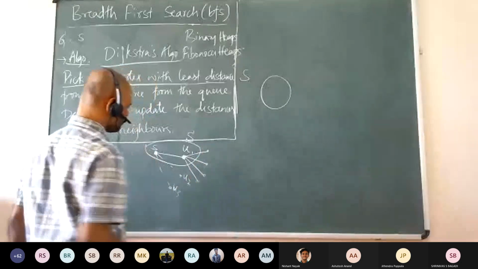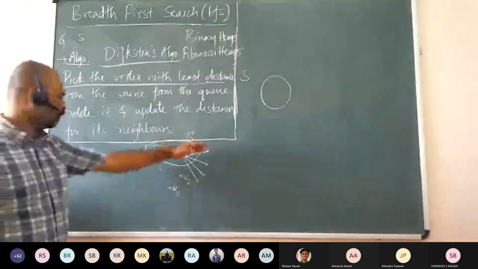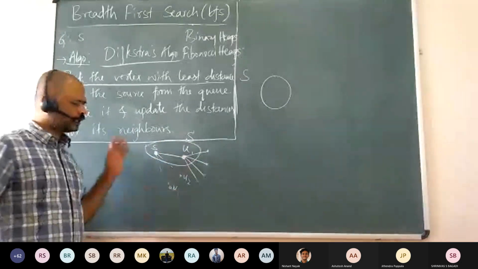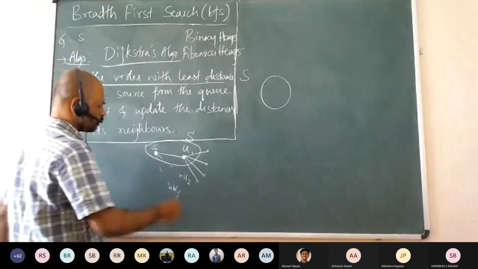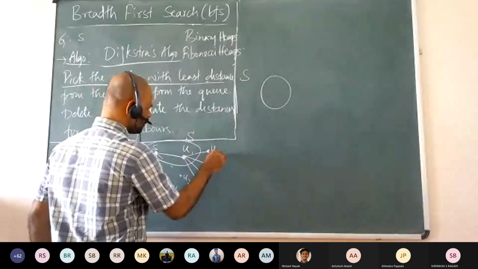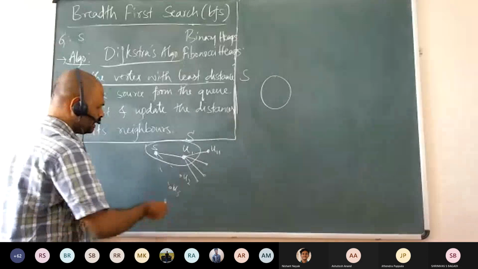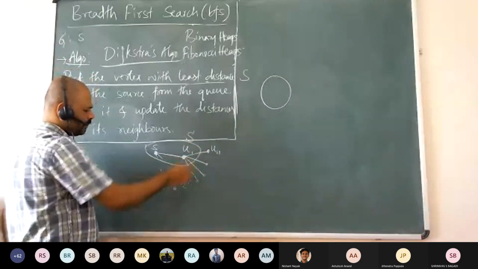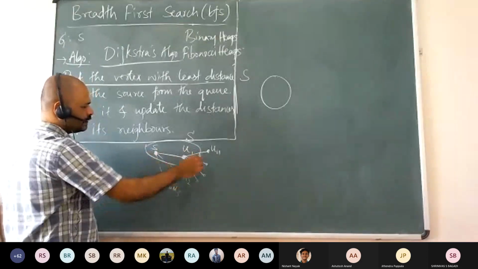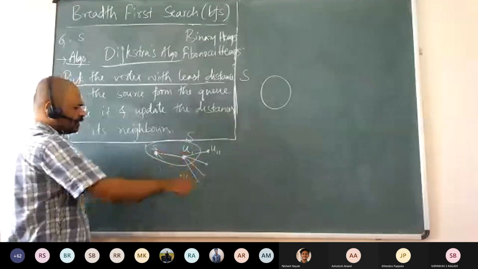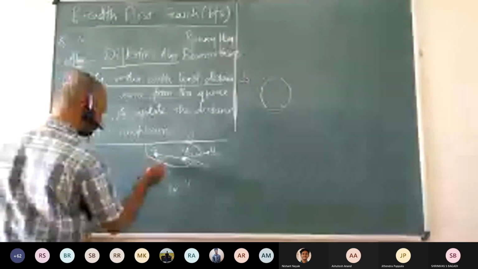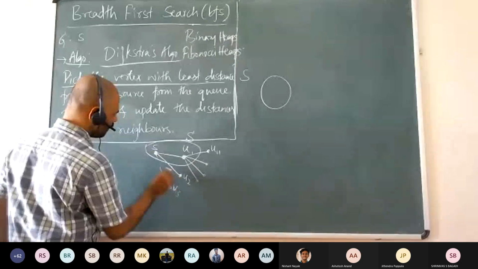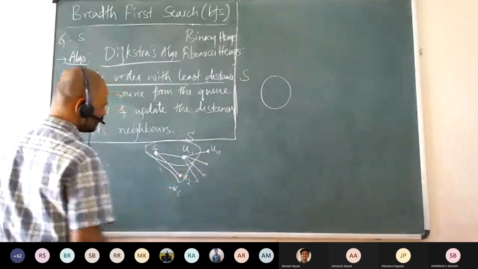So when U1 comes into S, we would have updated distances for all the neighbors of U1, right? Then what do we do? Among all these things, we will look at the shortest distance vertex from the source. That is important. It might be U1 here, or it can just be U2 also. So it can be anything among these vertices which are adjacent to S and U. Among them, we will pick the one closest to the source, and we will update it. For example, without loss of generality, if this is the vertex, then we will update it and include it into S, right? Yes, I got it.